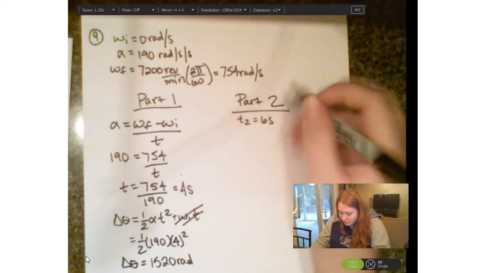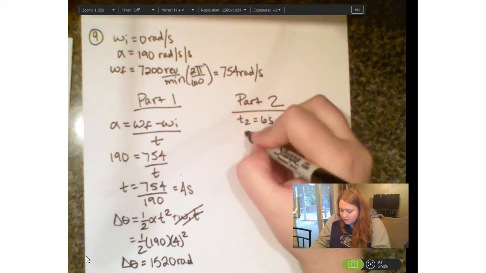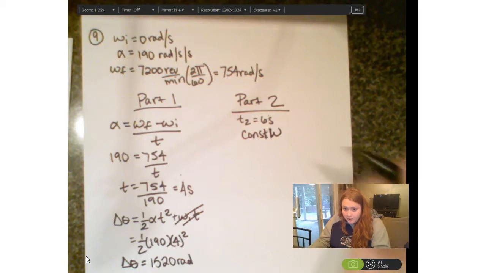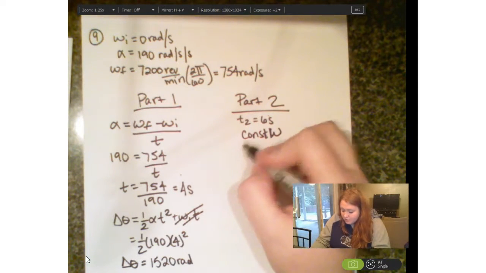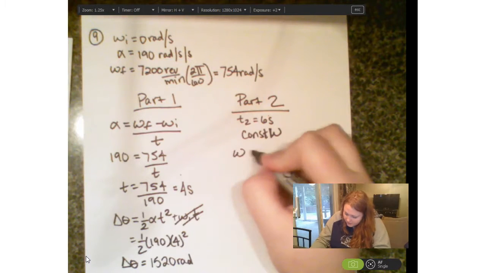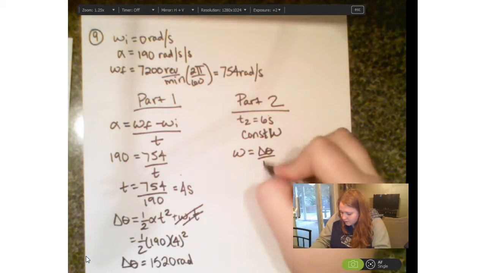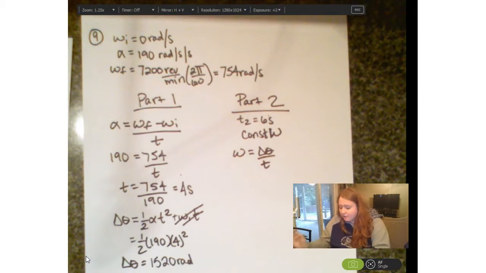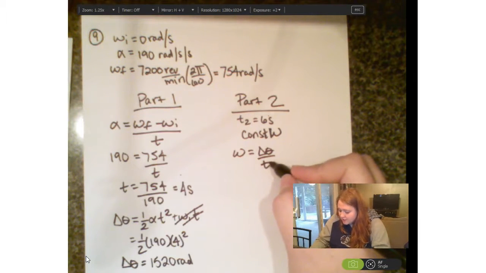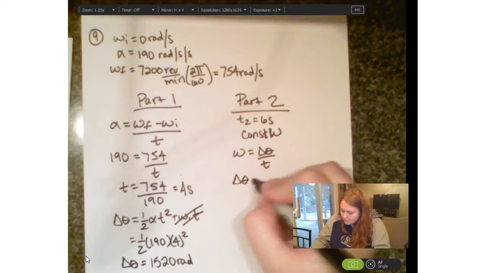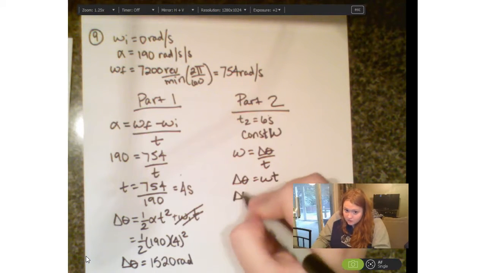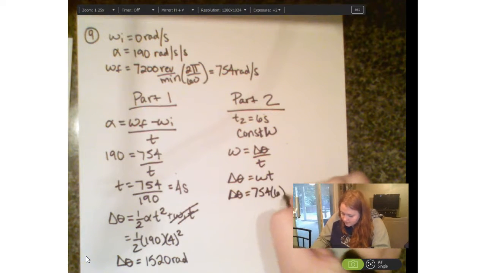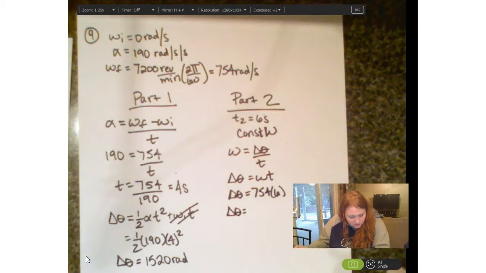Okay, now for the second part, we have 6 seconds left, and here it's moving at a constant angular speed. So I'm going to use just an angular speed equation: omega equals delta theta over t, when you're moving at a constant speed, because our average becomes the speed at every point in time. Since I know my time and I know my omega, it's going to be no problem to solve for theta. So delta theta for this part will be 754 times 6, or delta theta is going to equal